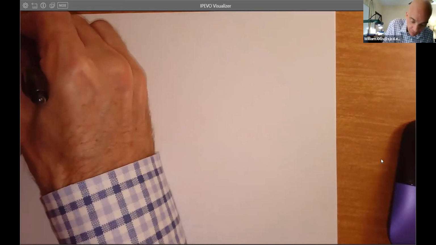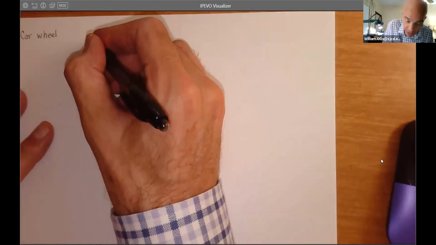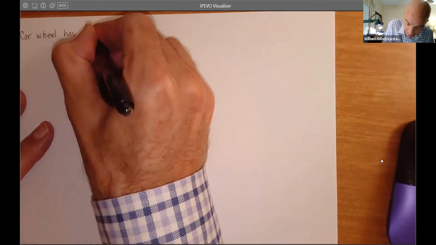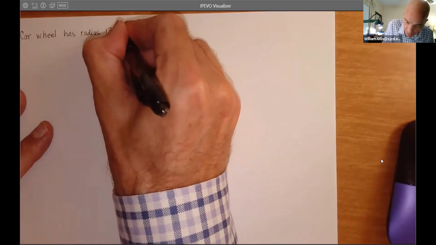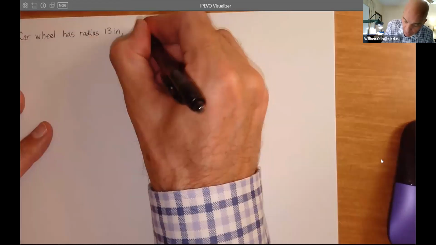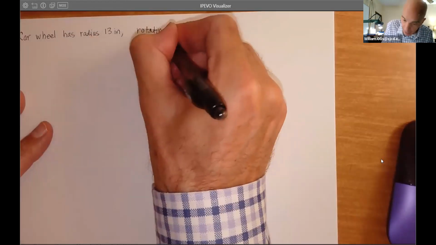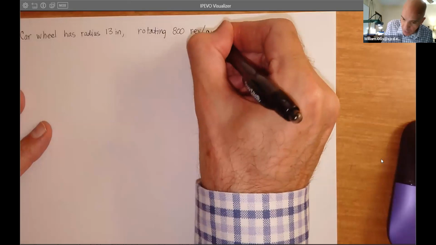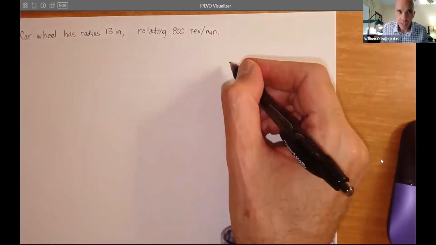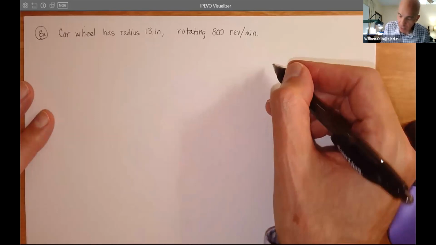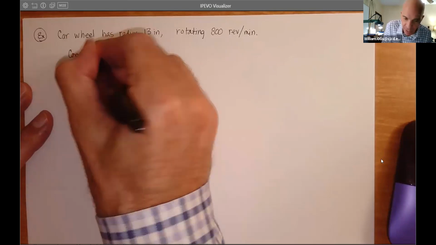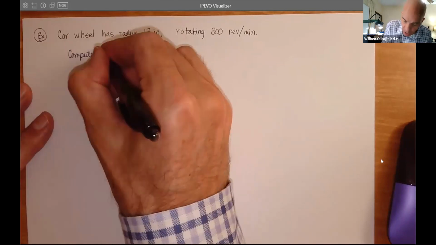We have a car wheel of radius 13 inches, rotating 800 revolutions per minute. That's called RPM. All of you individuals that work with cars, you probably see RPM. And then it says compute. These are just arithmetic problems. Compute the speed